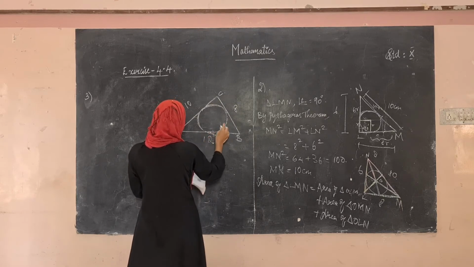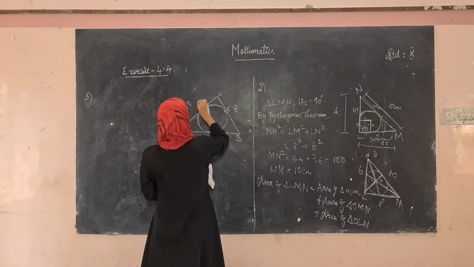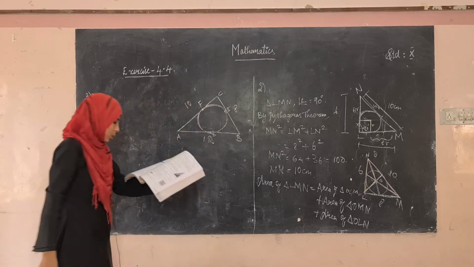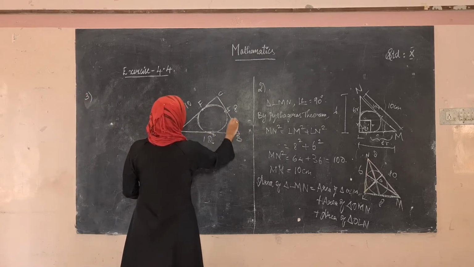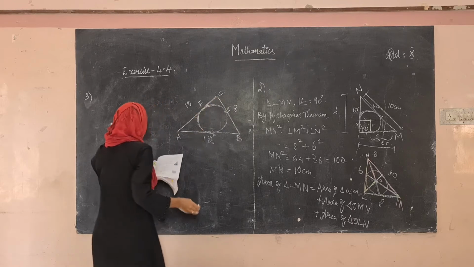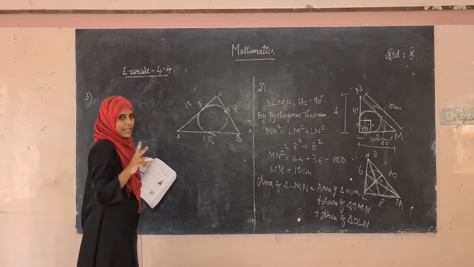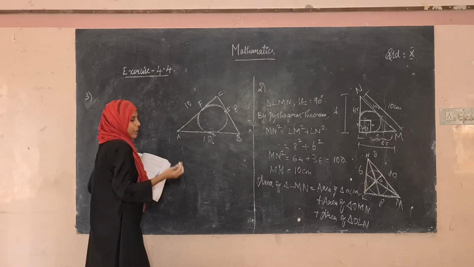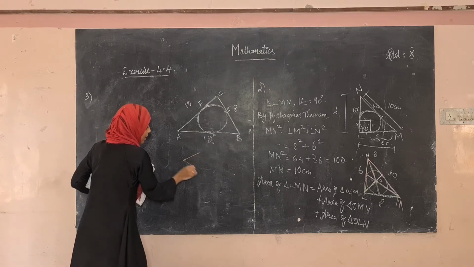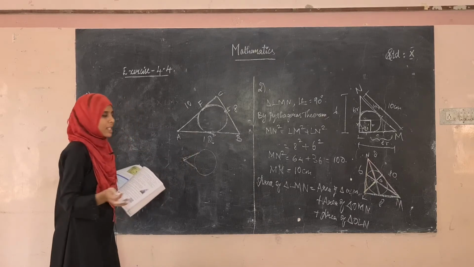So, this is the point D and this is the point E, and this is the point F. Okay, now we have to find the value of AD, BE and CF. Okay, they have given that. We know that from a point, if two tangents are made to a circle, the length of the two tangents are same. That is, the distance between the point and the point of intersection, the length of the two tangents is same.